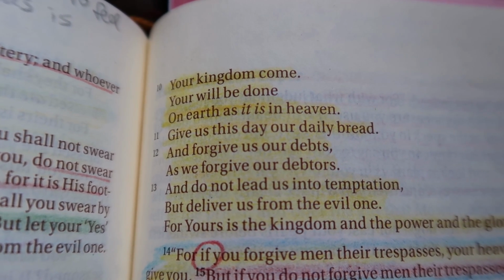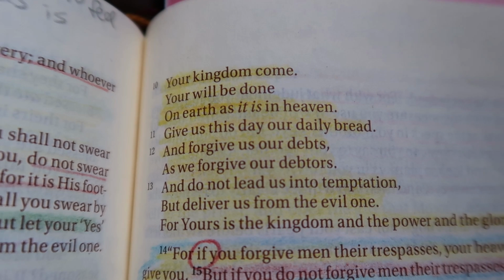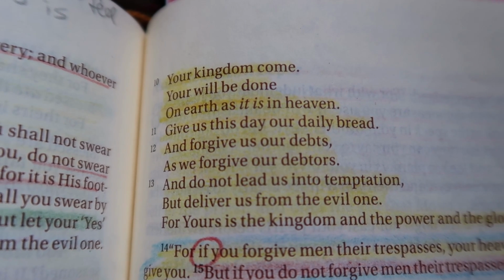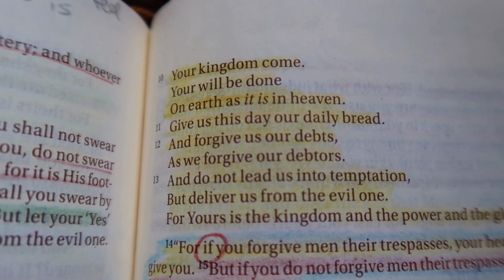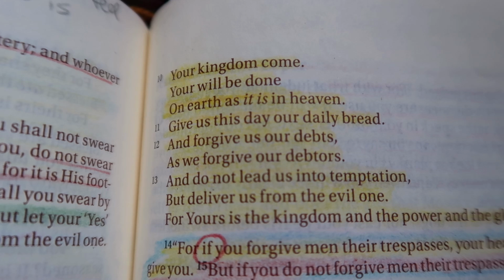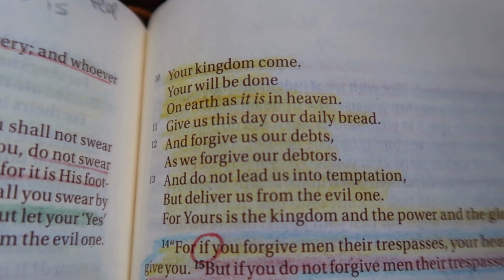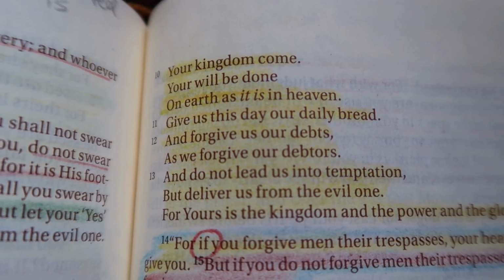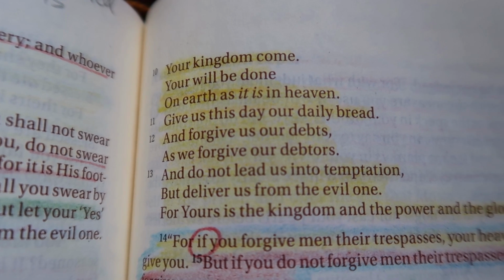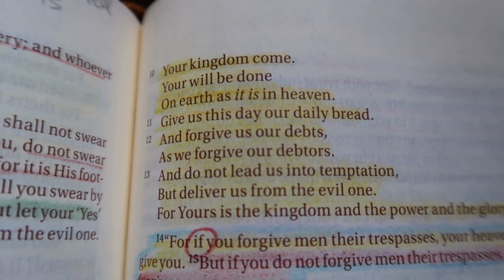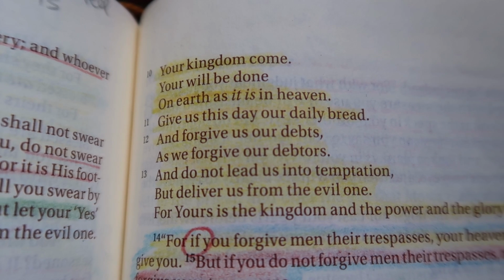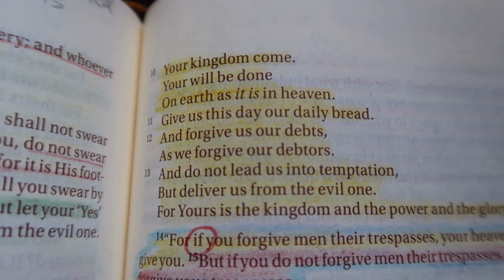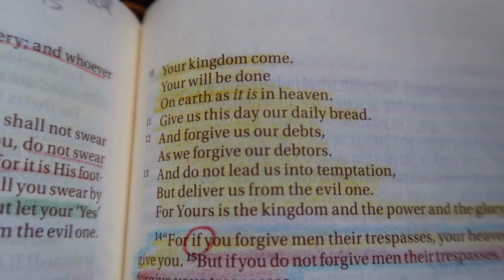Forgive us our debts as we forgive our debtors. This is a really big one. And for this one, I just spend some time thinking, is there somebody that I need to forgive? Is there somebody that I need to apologize to? Is there some repenting I need to do of something that's happened in the day before? And we should be in the habit of keeping short accounts with God. And so this is my time to just give things to Him and forgive people. Choose not to hold a grudge against people.